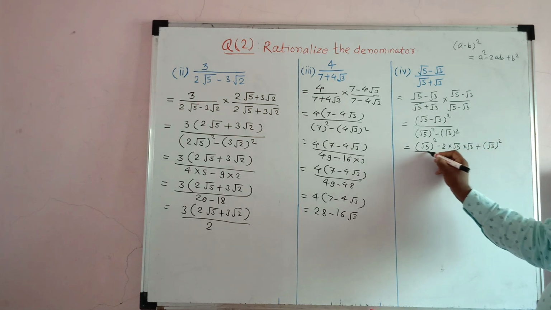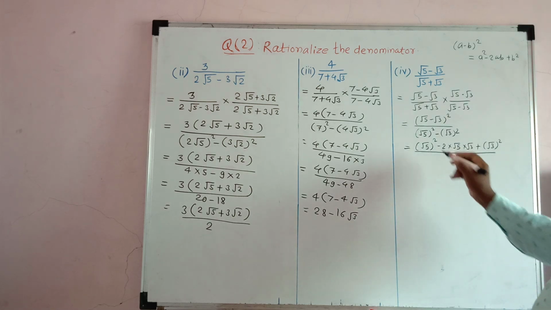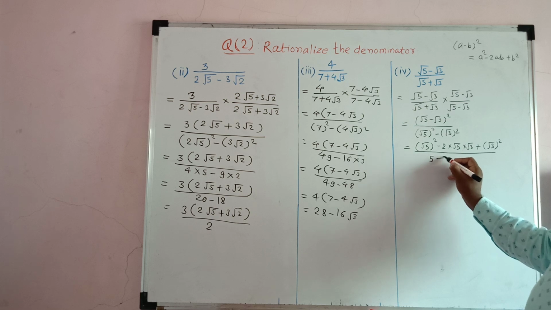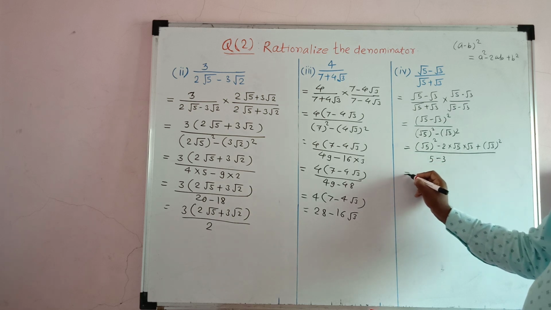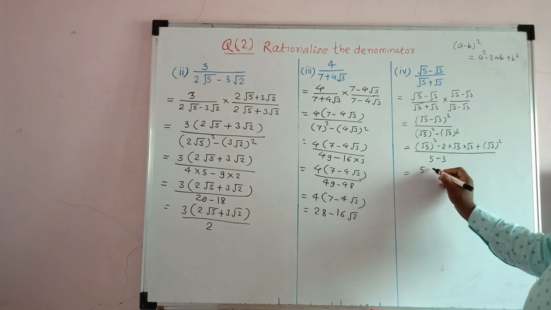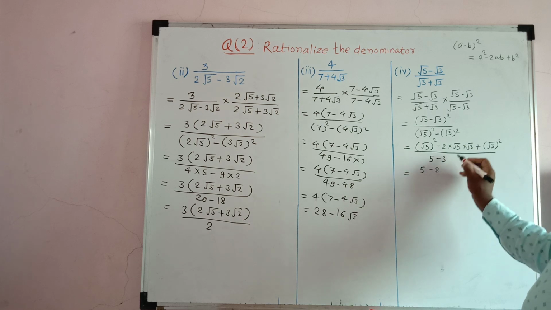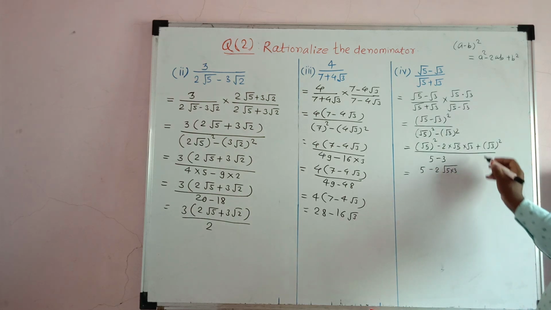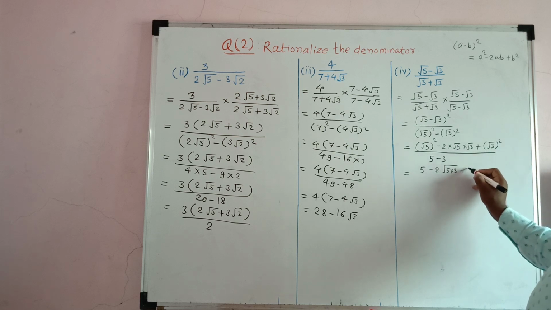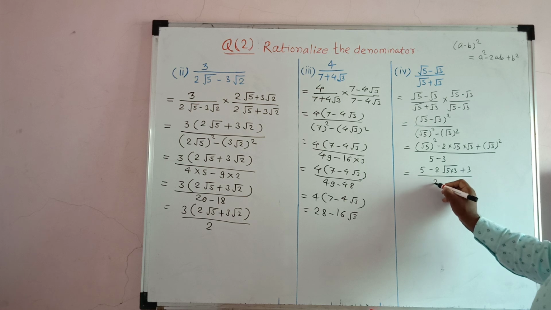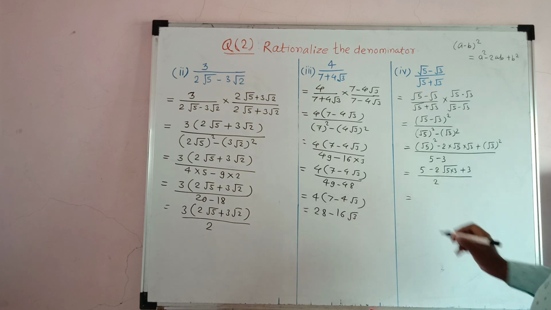This is the expansion, divided by √5 square is 5 and √3 square is 3. Now √5 square is 5 here minus 2 into √5 into 3, √(5 into 3), plus √3 square is 3, divided by 5 minus 3 is 2, is equal to,